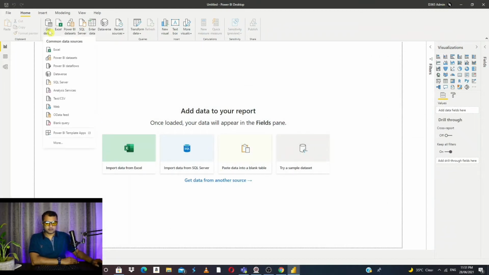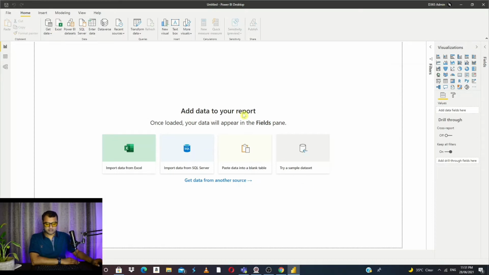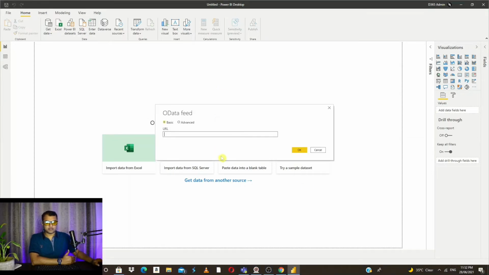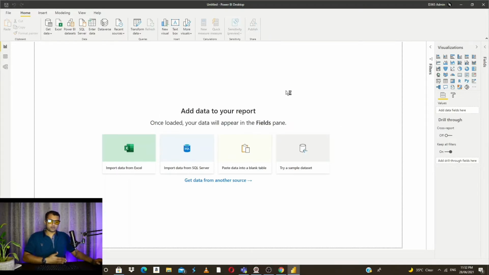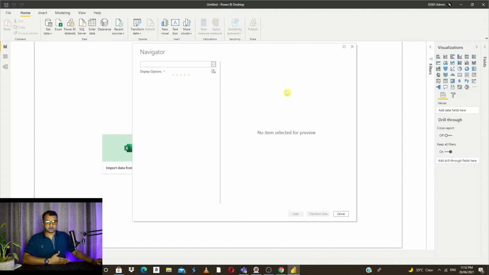The next option is to directly connect with OData feed. In that scenario, you just click on OData feed, specify your URL and follow it with data and click OK. Again, it would try to connect to your URL through authentication. It's the same URL, same records, same tables.